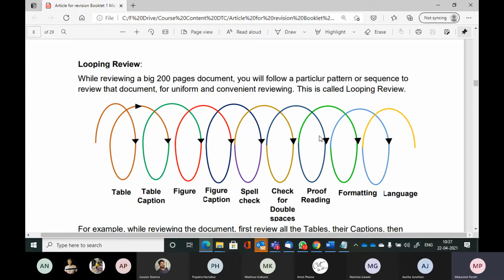And in a long document, let's say you started from the first page and you go to the last page, the 200th page, it's practically impossible that on the last page you can say confidently that yes, I have checked each and everything in this. It's practically impossible to say that, isn't it? At the same time, maybe you'll not be able to check all these things in the same sitting, right?